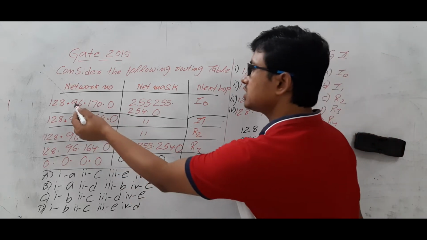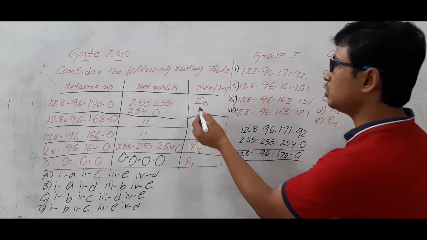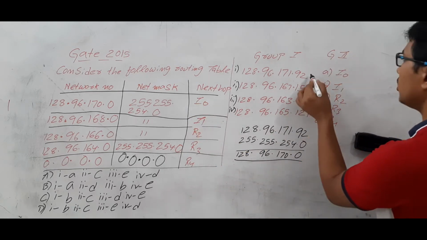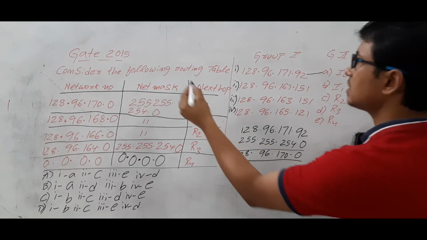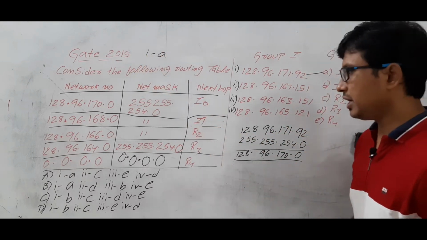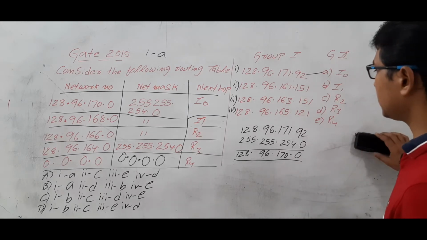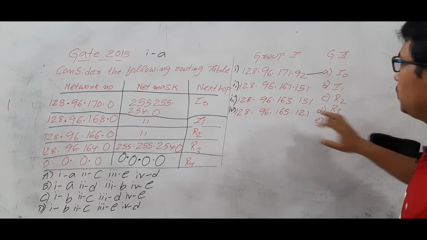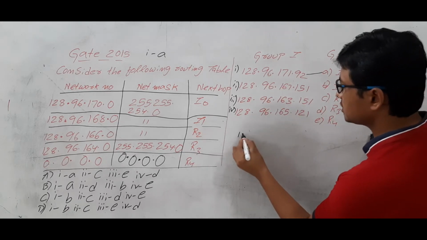Then the meaning is that it is matching with this one. So you have to transfer the data using the next hop I0. So 1 is matching with A. Okay, is it clear? Now we will take the next one. What is the next one? 2 is saying that the IP address is